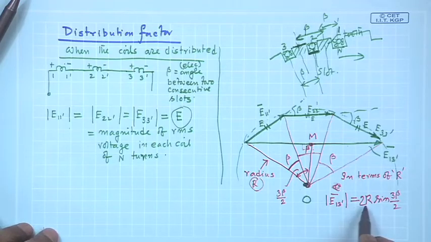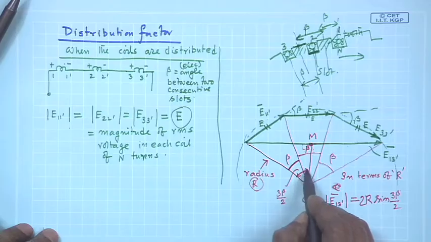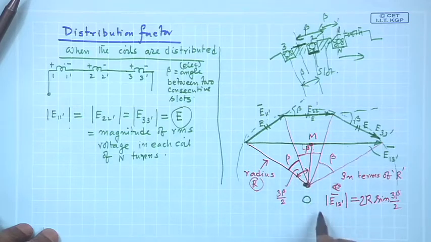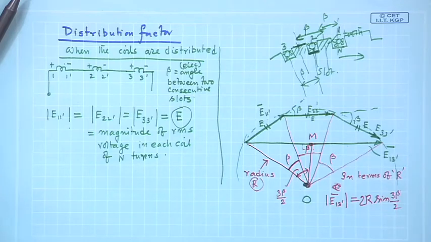Therefore, 2 times R sine 3 beta by 2, where 3 beta by 2 comes from: this is 3 beta and this is 3 beta by 2. So, this will be the resultant voltage when the coils are distributed,